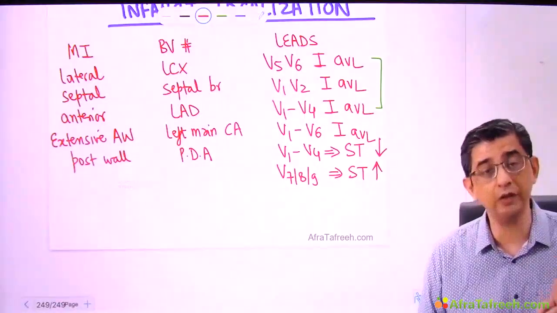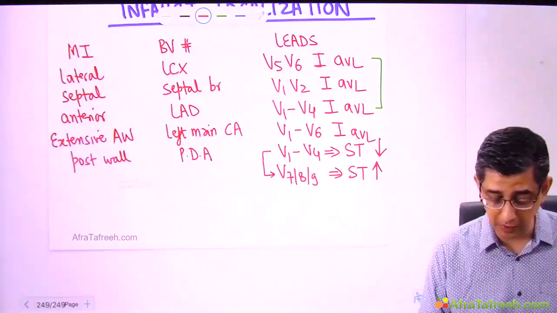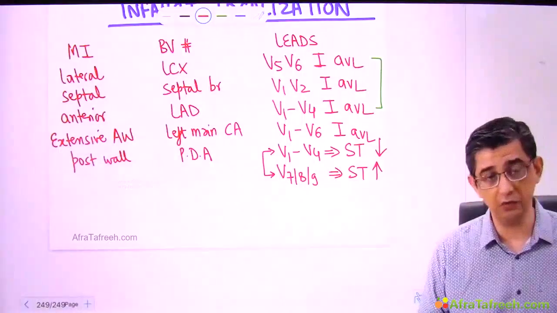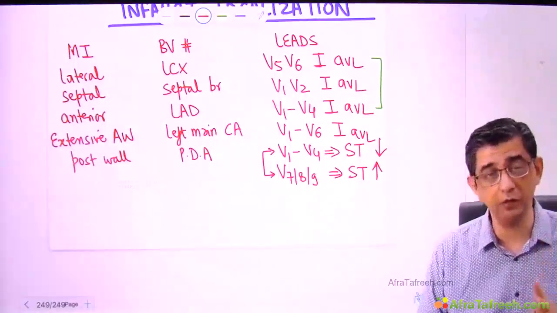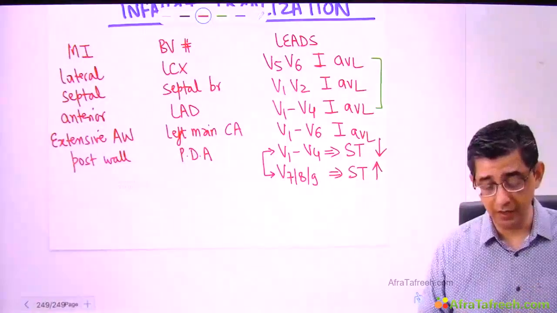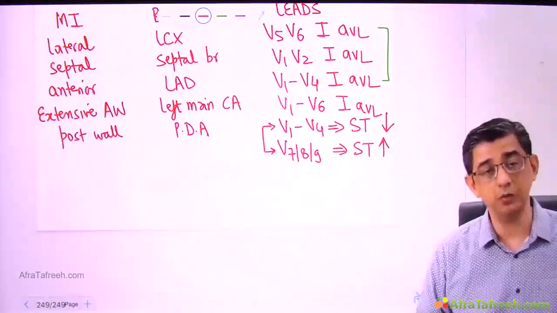information should be given together in the question, because we are talking about reciprocal changes in this particular case, because damage is in the back. So when you put electrodes on the back, you will have a ST elevation. But if it is going to be V1 to V4 ST depression, both information should be given in the question for you to answer posterior wall MI. So just by looking at V7, V8, V9, do not comment on anything. Both information should be given.